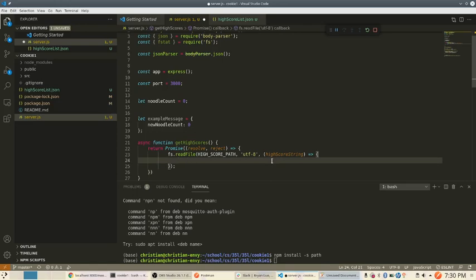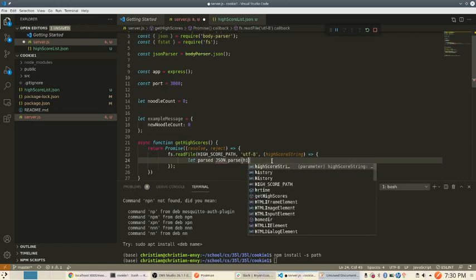And then what we want to do after all this happens is we can say let parsed. We want to parse this because it's in a plain old string. We want to parse it into a JSON object, or more precisely a JavaScript object. We'd say let parsed equal JSON.parse, and let's call this high score